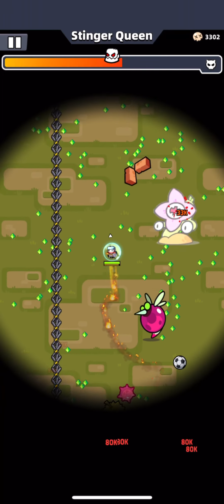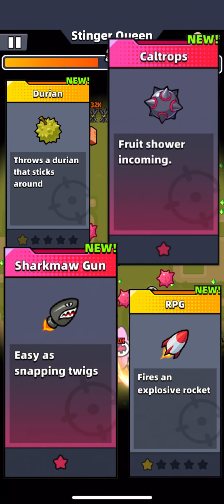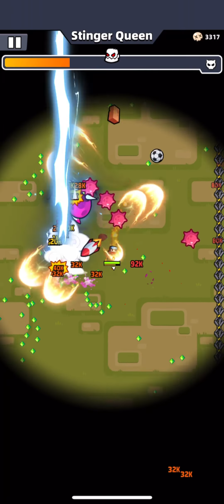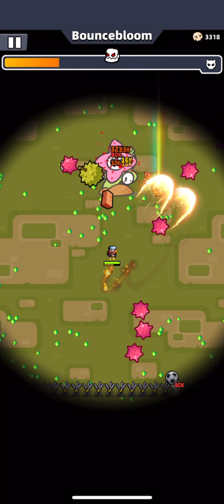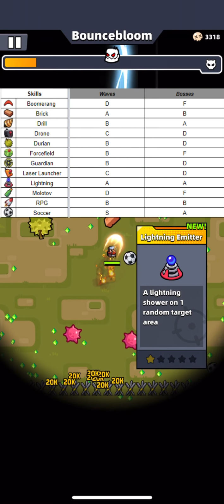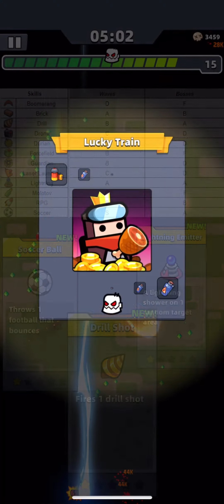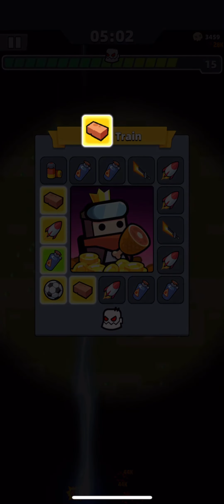With Bricks, I agree, but instead of Lightning Emitter, I'd better choose Durian or RPG against mobs. They seem not to be very effective when you have a few enemies, but when there's a lot of them, they will kill more enemies than Lightning Emitter. But Lightning Emitter has the first place with Soccer Ball and Drill Shot against bosses. Yeah, those three skills I always choose,